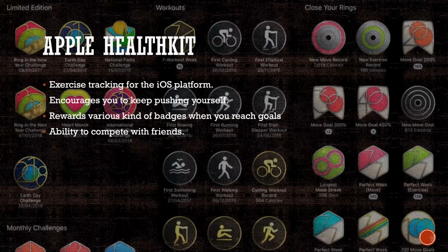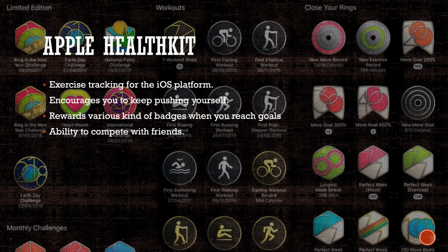Okay, that was Open Badges, and now we'll take a look at the third example. That's Apple Health Kit. Apple introduced this on their iOS and watchOS platform as a framework to track health metrics, for example, heart rate, how long you have been running, how many calories you are burning, etc. Part of it also encourages you to keep pushing yourself. So say if I burn 700 calories today, it might push me to burn more tomorrow. It might keep reminding me to stand every once in a while to keep healthy.